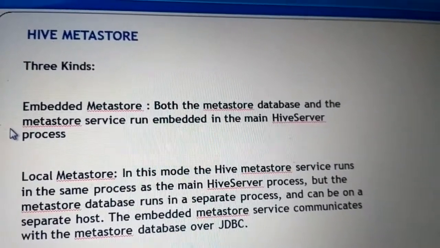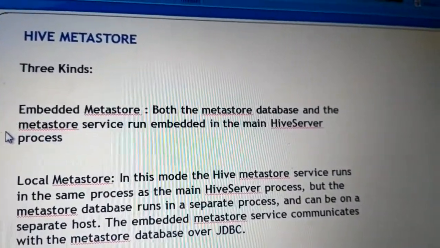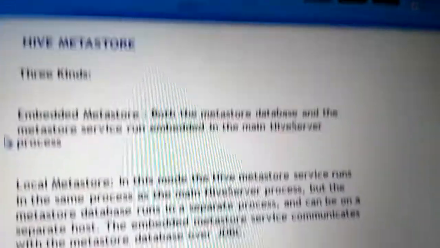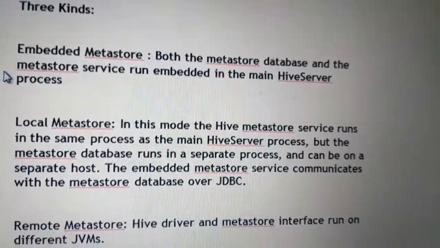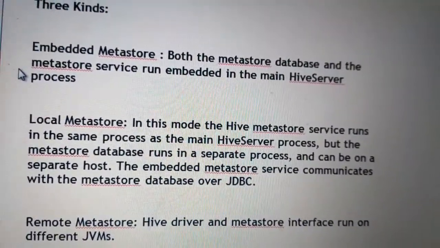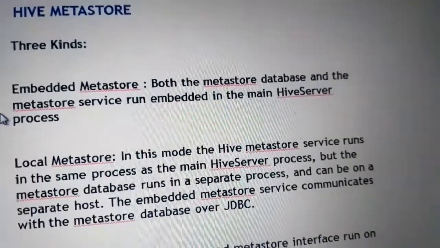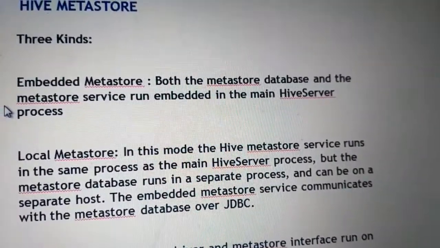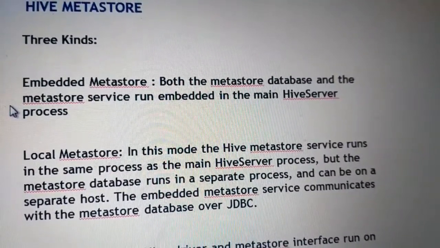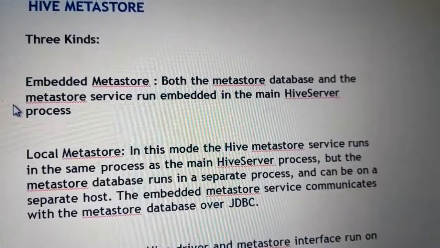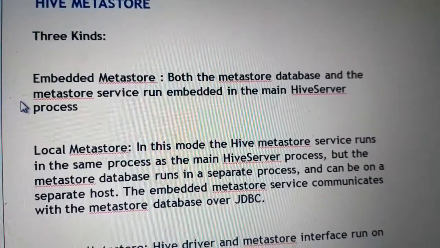Then Hive metastore. There are three different kinds: embedded metastore, local metastore and remote metastore. Embedded metastore: both the metastore database and the metastore service run embedded in the main Hive server process.